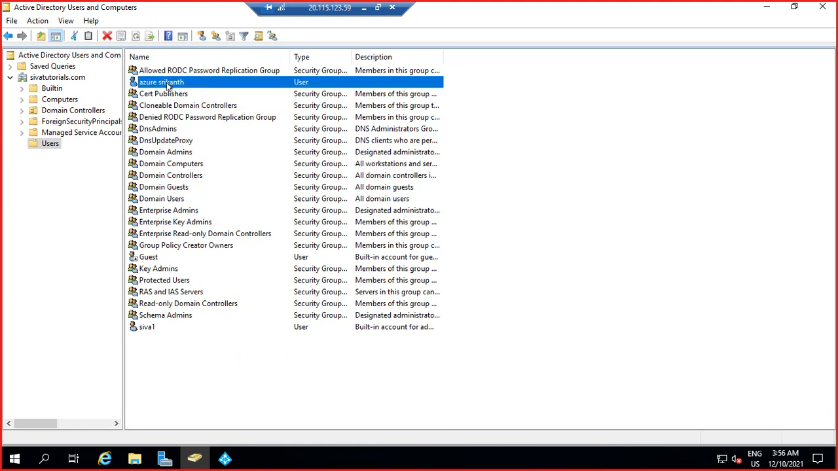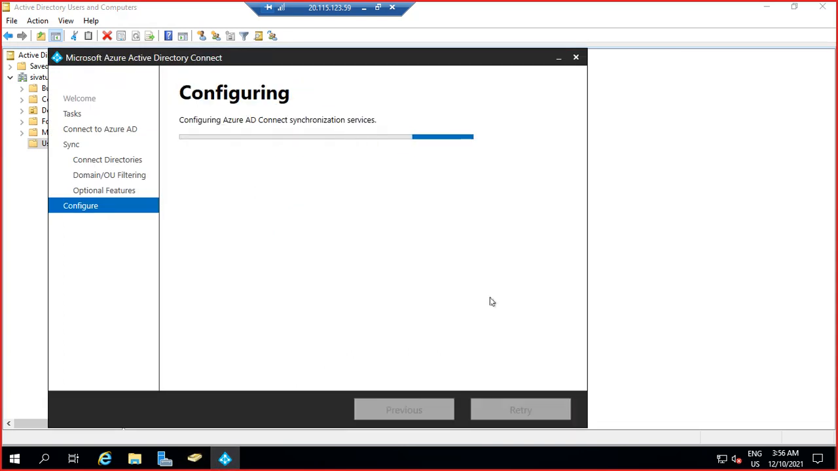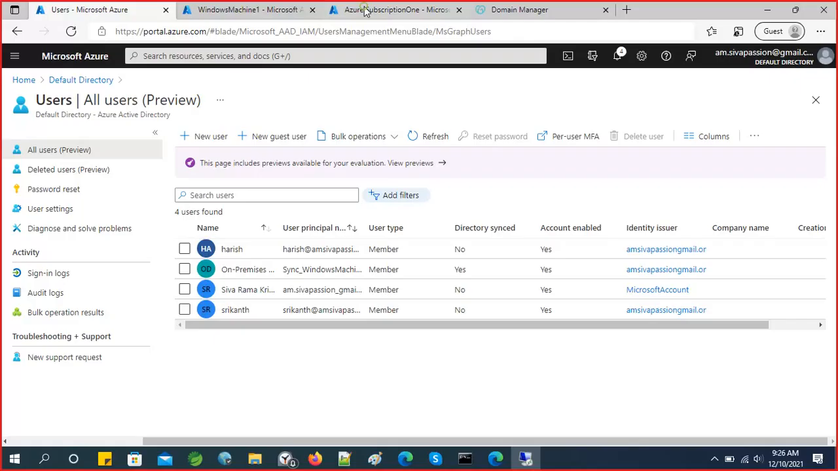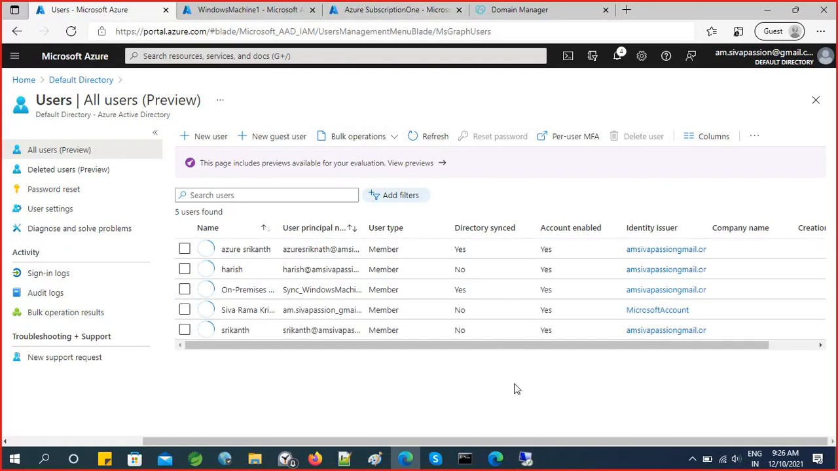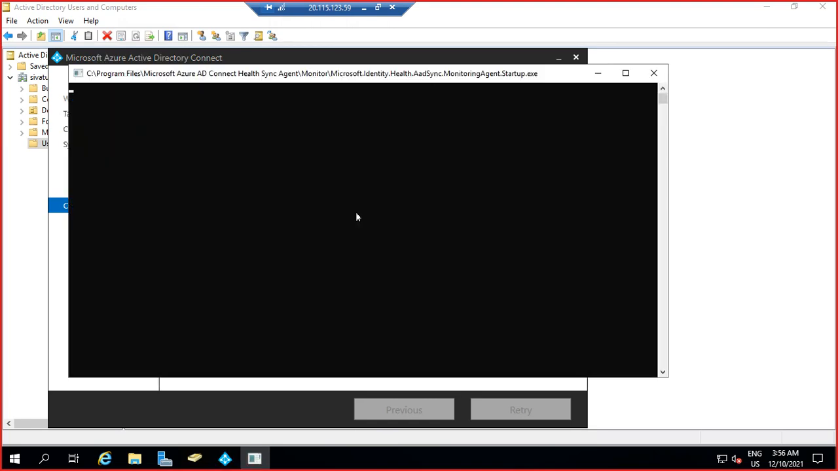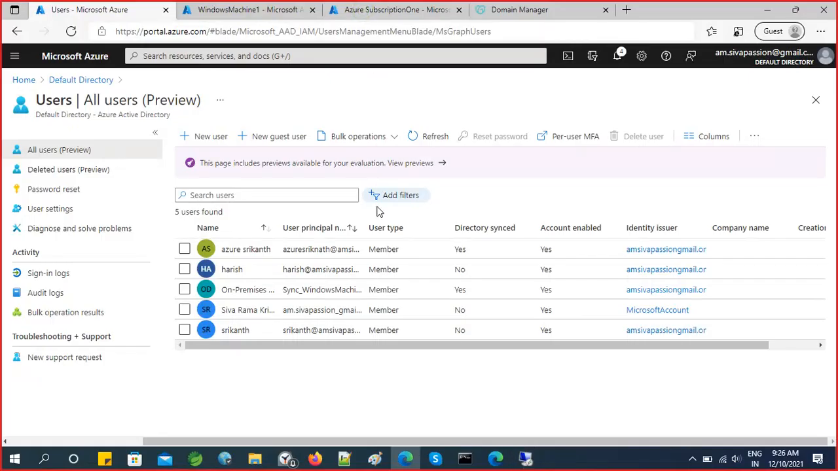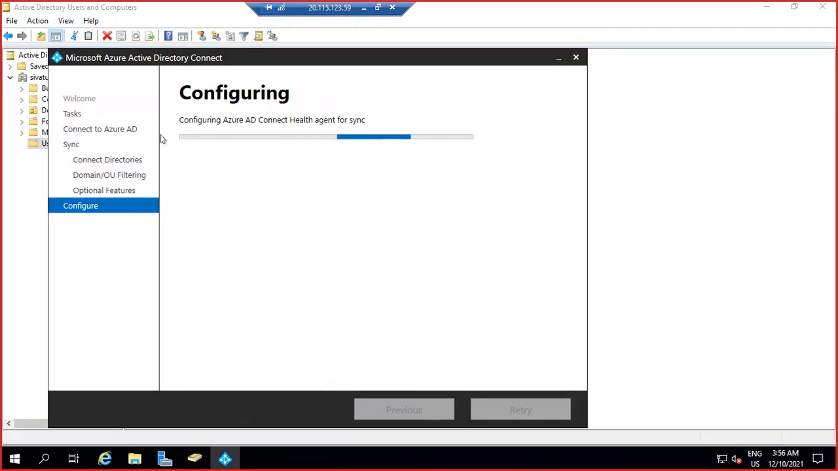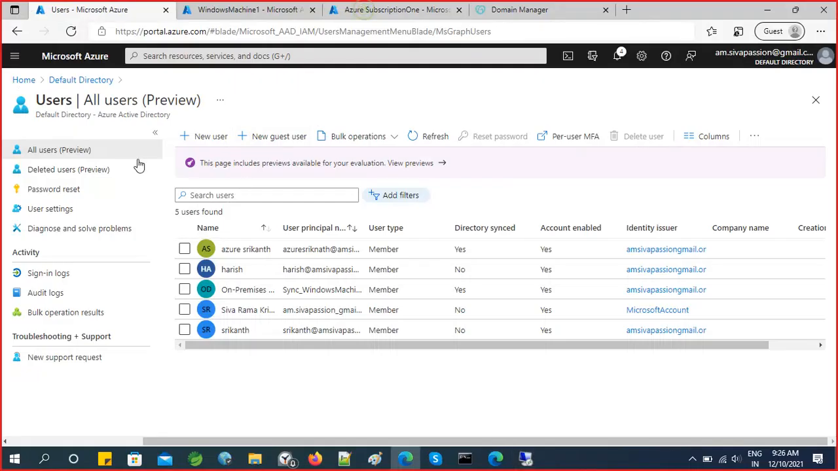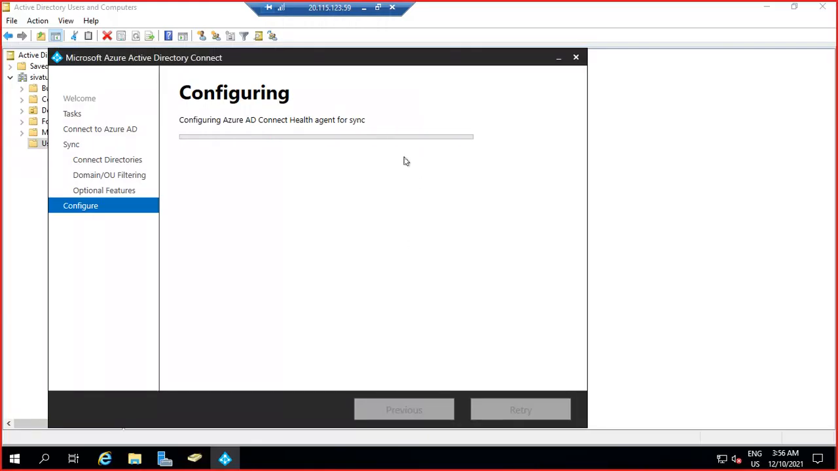So we have created Azure Srikanth here. See here, now you have got it, right, Azure Srikanth. So if a specific user, whichever users you have created in this Azure directory users and computers, if we did not get them in this Azure Active Directory of cloud, just once again try to synchronize by using this Microsoft Azure Active Directory Connect. Okay,